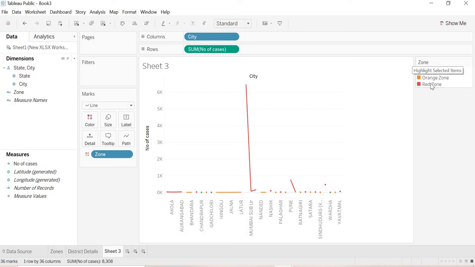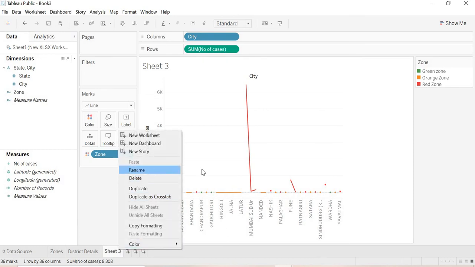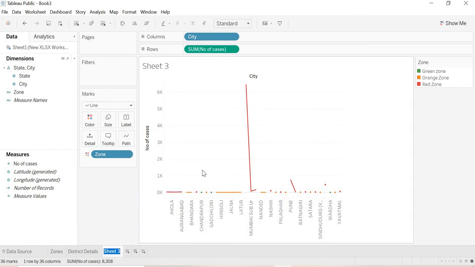Already the colors are here, the default colors, we got that. I will rename this sheet, sorry, I will put the name as district details by line graph.